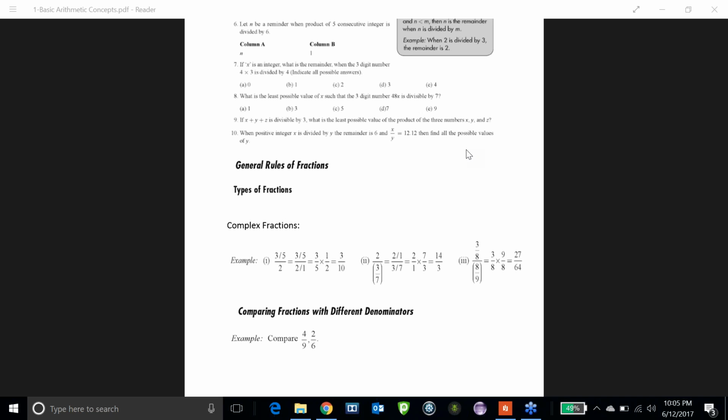So here 3 by 9 is greater. 3 is greater than 1, right? So 3 by 9 is greater than 1 by 9. What is 3 by 9? The first term. So 1 by 3 is greater than 1 by 9. In the same way,